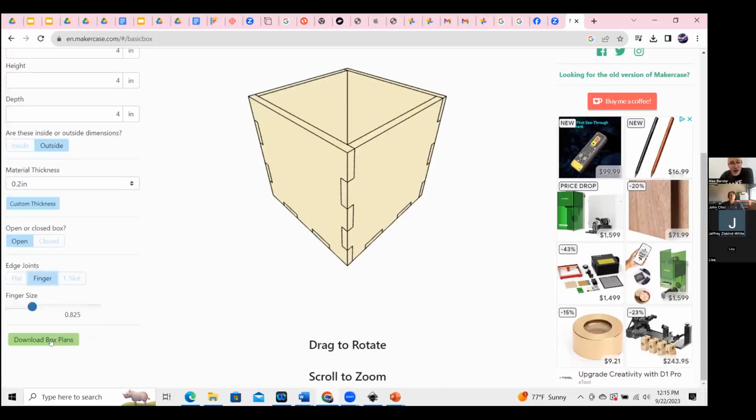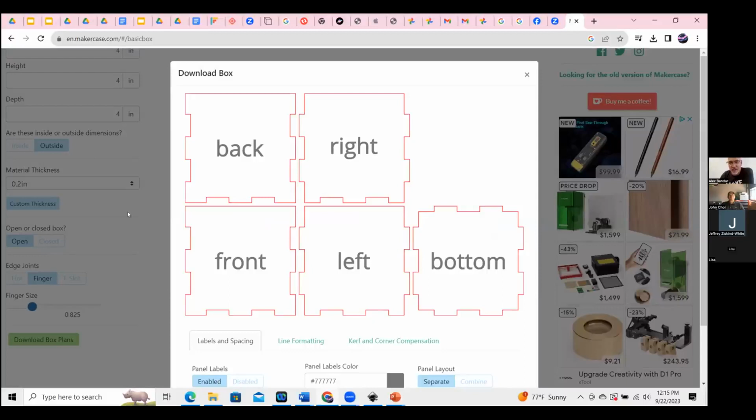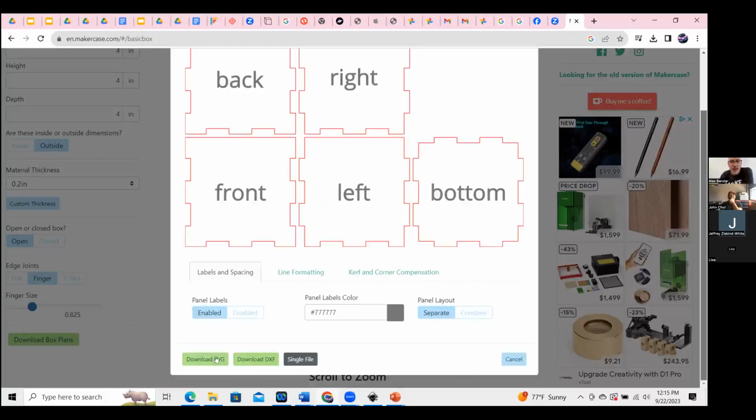And that's it. Now we're going to click download box plans. And here it's giving us a preview. So the red outline will be where the laser will cut. And this is teaching us, okay, this will be the back, the front, right, left, bottom. Because we picked open box, there's no top. And I'm going to leave all of these default features here. I'm going to download SVG. This is Scalable Vector Graphic. That's what Inkscape uses. Lightburn reads it well. So I'm going to click that,